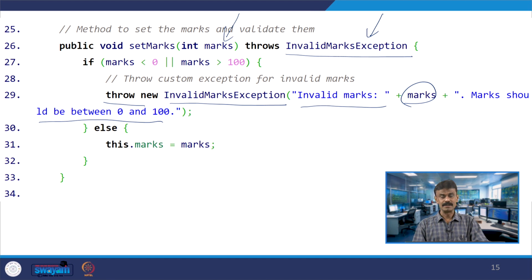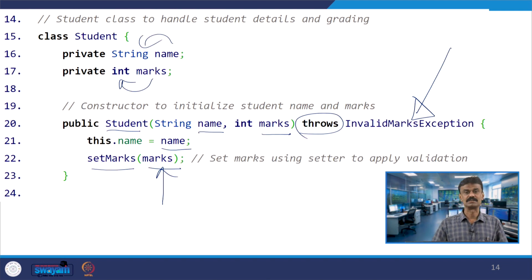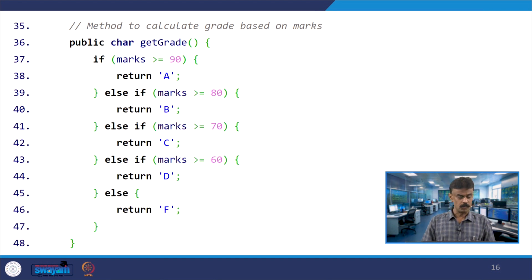Otherwise, if the user enters marks between 0 and 100, when the condition is satisfied, marks will be assigned to this.marks. That is the setMarks method over here. Now you have one member function, in fact a method called getGrade, whose return type is character. If marks are greater than or equal to 90, return A, the grade is A.